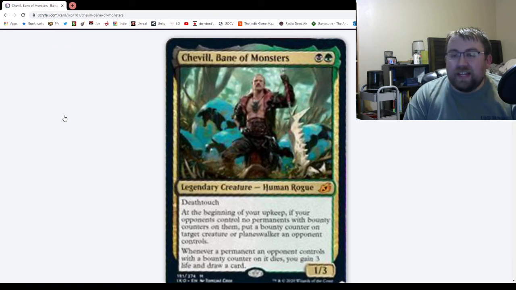Chevel, I believe is the pronunciation, Chevel, Bane of Monsters. Green and black legendary creature, human rogue with Death Touch. It's a 1/3, and at the beginning of your upkeep, if your opponent controls no permanents with bounty counters on them, put a bounty counter on target creature or planeswalker an opponent controls. Oh wait, so you can't target lands. Okay, never mind. But still, you can put a bounty counter on target creature or planeswalker an opponent controls,